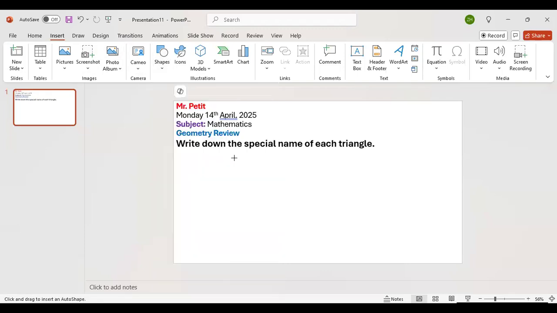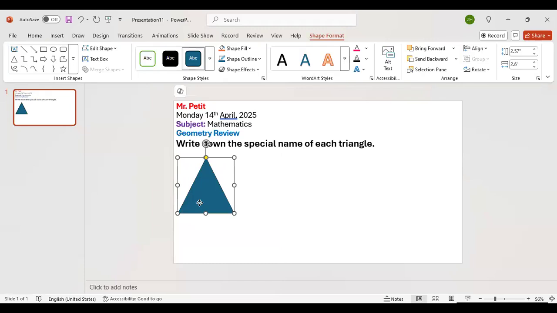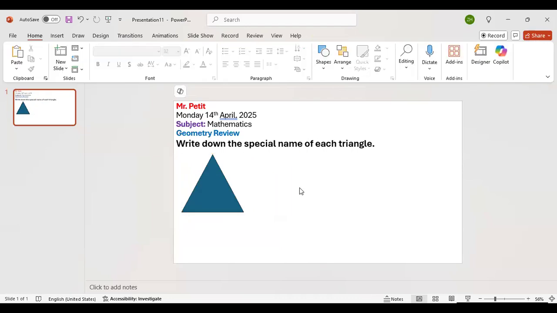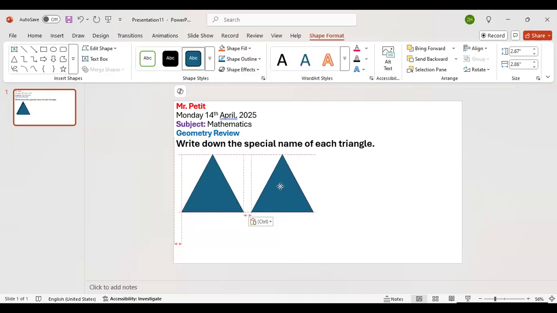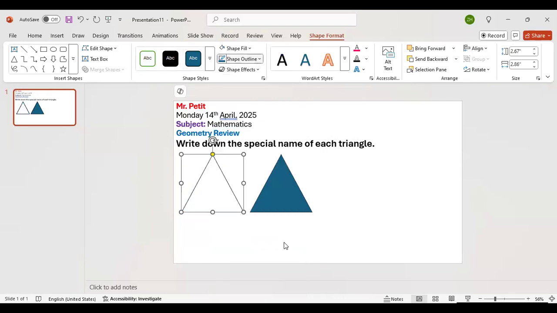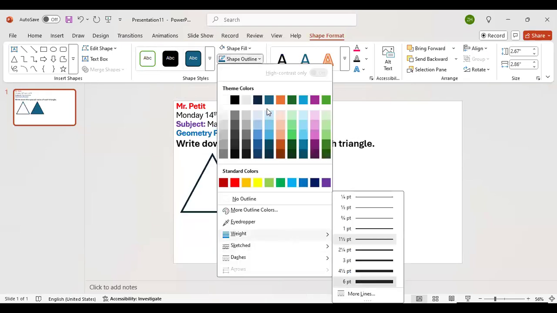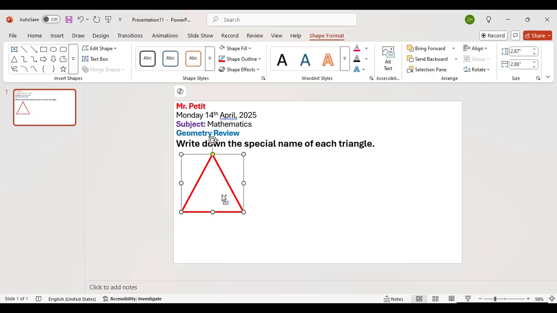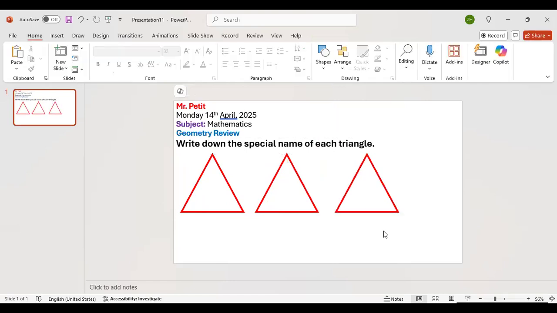So let's just go ahead and draw this particular triangle. There's the first one. Okay, this is a good one. We're going to have 3 of them, so yeah, we should do 3. So three triangles, and I want you to tell me the special name of each of them. Let me first fix it. The fill is going to be nothing. I want the outline to be very thick. Good. And let's give it a nice red. Okay, move that around.